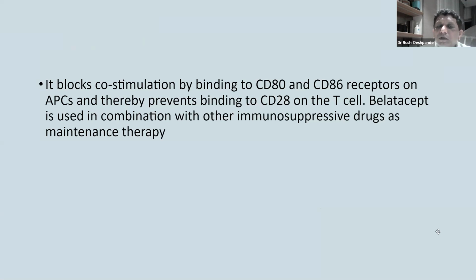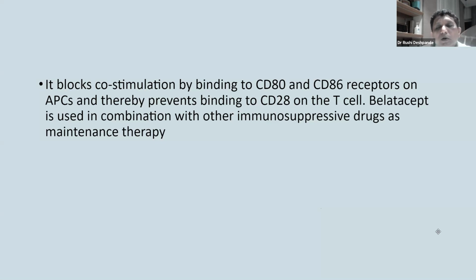It has to be used in combination with other immunosuppression as maintenance therapy. The big thing with belatacept is that it was actually promoted as a calcineurin-free immunosuppression. So don't use calcineurin. Use belatacept in addition to the standard of care, which was Simulect or basiliximab. And belatacept was to be used as monthly injections in these patients along with your MMF and steroid. That trial is still ongoing for long-term follow-ups, and they are showing that patients are doing well on belatacept. The problem is getting them to the hospital every month.